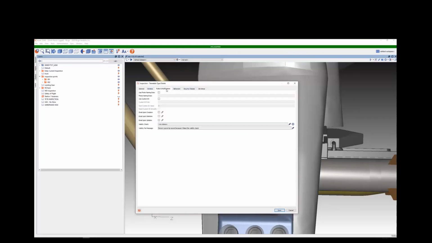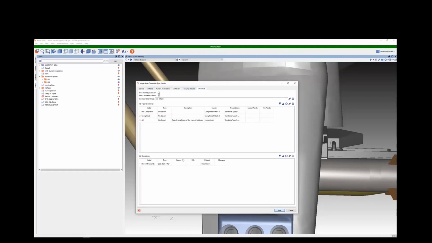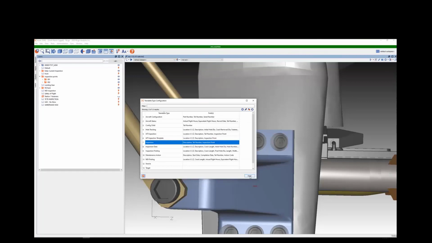Okay. So under the behaviors tab, we're going to make it a job type, and we're going to leave these here. We're going to leave this alone for now and then come back to it. All right, so now what do we need to do? Now that we have the actual data structure set up in a reasonable way, we need to actually create a